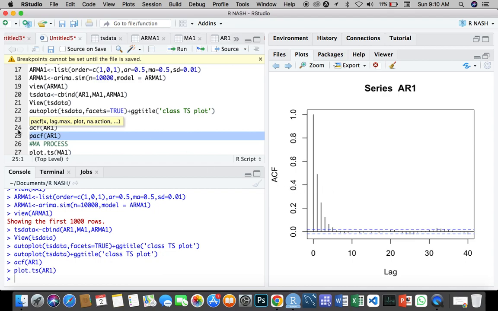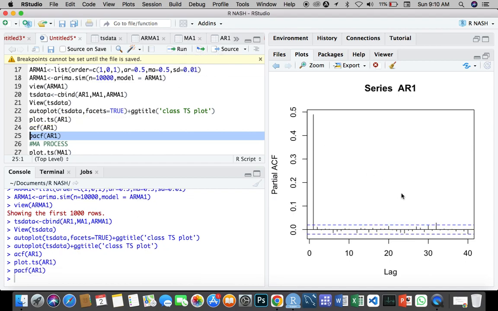Now you can use the PACF function to do that, the partial autocorrelation function. Now you can run this and look at this over here. It's only the lag of 1 that is standing tall. Over here the highest is 0.5, because we don't have any lag more than 0.5 when it comes to PACF. So the highest here is 0.5, and then the lag of 1 is probably the one